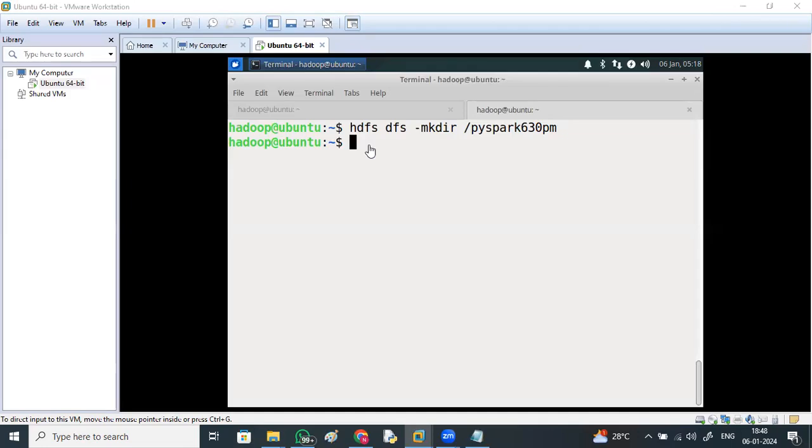It's an empty folder, an empty HDFS directory. Now,